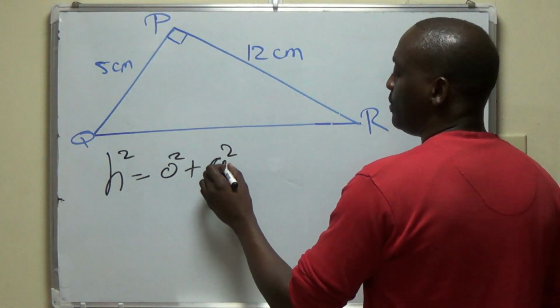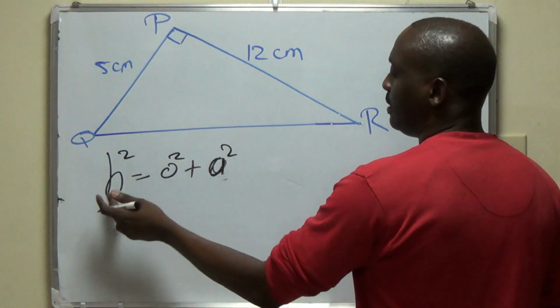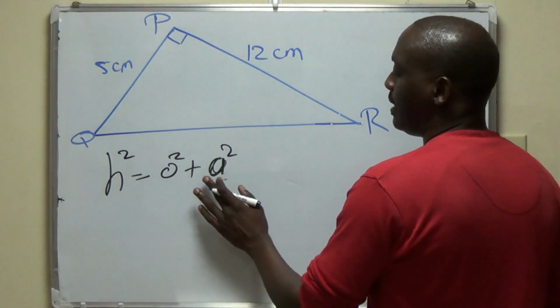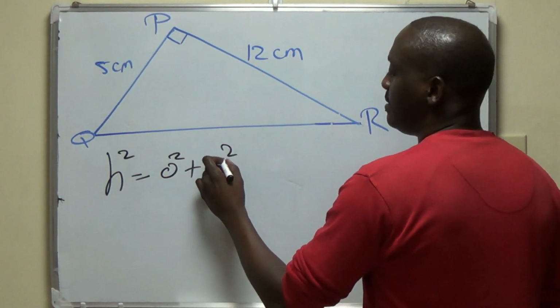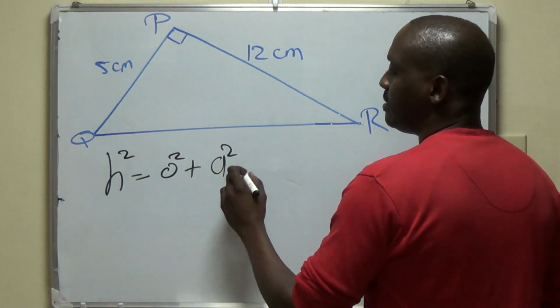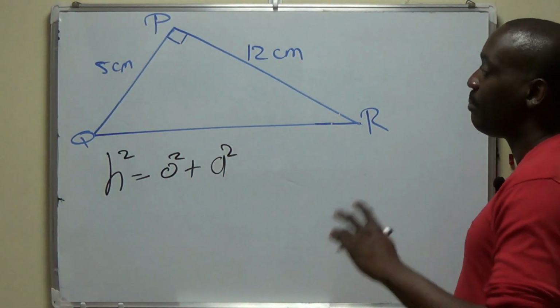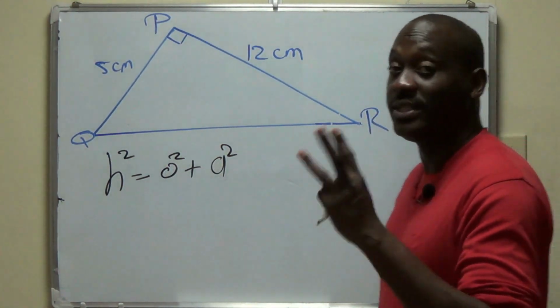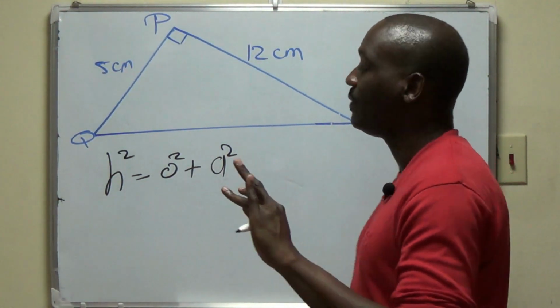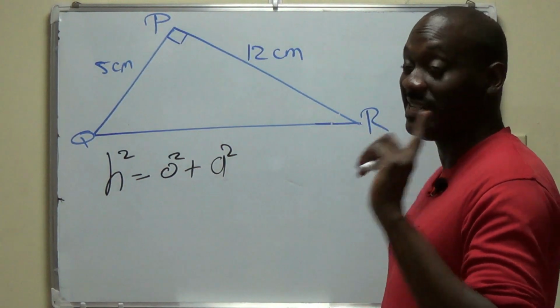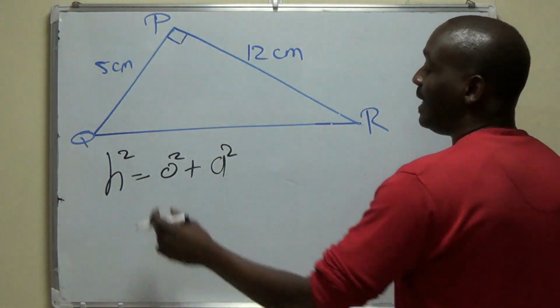Good? And I'm using these letters deliberately. H for hypotenuse, O for opposite, and A for adjacent. The same letters that you would use in describing your trigonometric ratios, sine, cosine, and tangent. So a Pythagorean triple is simply three distinct integers, mind you, where the largest